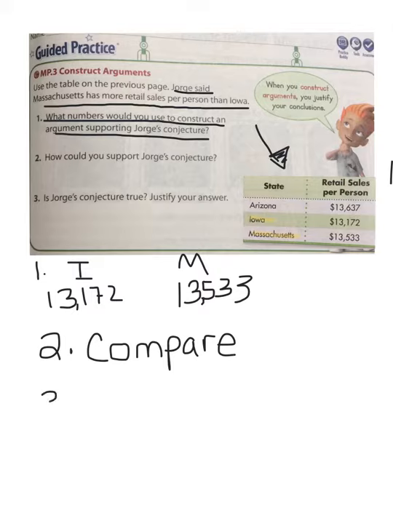Number 3, is George's conjecture true? Justify your answers. Well, if we're going to compare the numbers, both numbers in the 10,000s place are the same. Both digits in the thousands place are also the same. The first digit that is different is in the hundreds place. We have a 5 and we have a 1. Our 5 is greater than 1, therefore 13,533 is greater than